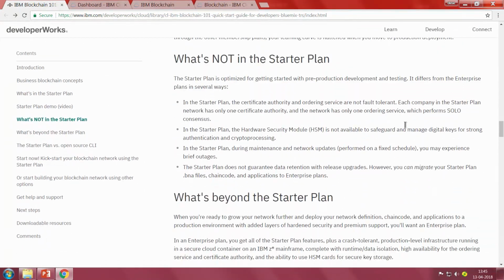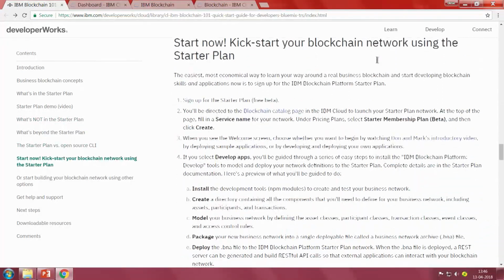It also explains what's not in the starter plan. There are some limitations which I'll walk you through while I show you the demo. There is an enterprise plan, which is a paid service, which has the real feel for a blockchain application. You will have completely isolated instances across multiple organizations, different administrators owning and operating some of those instances, and how you can invite others. There will be policy management and so on. I'll take you through some of what is there in the starter plan, and what's not there in the starter plan as well. Okay, so let us get started.